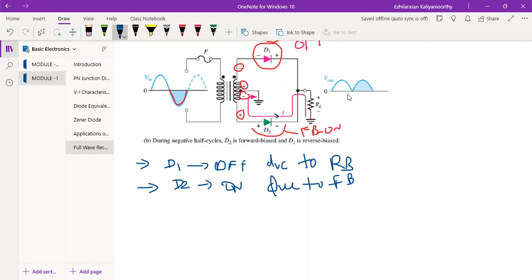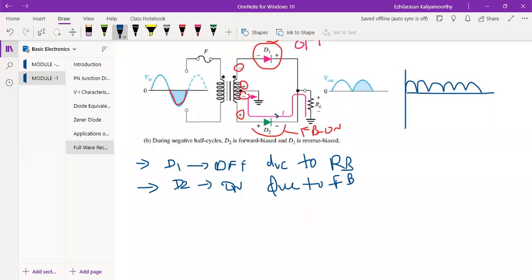So the positive voltage. See, don't think here. You may think that negative cycle means I will get the output in the negative only. No, I should not get the negative. During the negative cycle also, meaning during the negative cycle also I'm getting the output. That is the output. One more cycle I'll get. So keep on, I will get the output like this. Continuous ripples will be there.